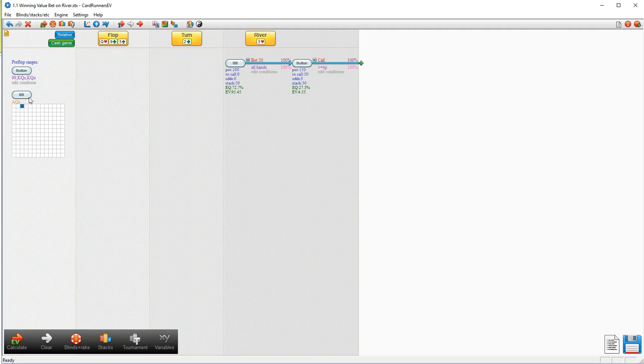We have ace-queen suited. That's the only hand we have in our range, so we specifically have that combo of ace-queen. And our opponent's going to be calling with